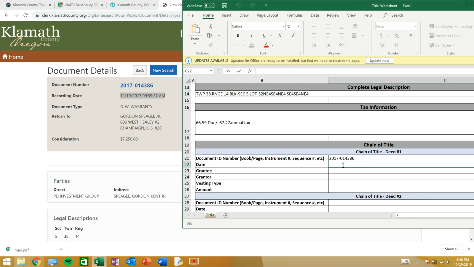So recording date. Grantee. So the direct is the grantor, and the indirect is the grantee. The grantee again is the person who receives the property. The grantor is the person giving the property. Make sure you get those correct. So the grantee is good, that it's Gordon Spiegel. And then the grantor, PD Invest